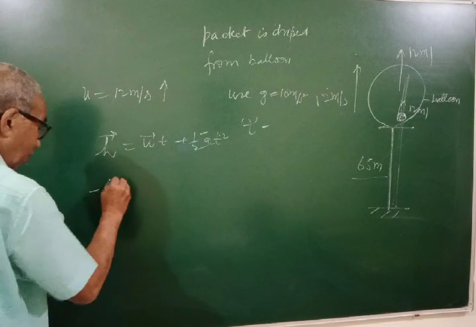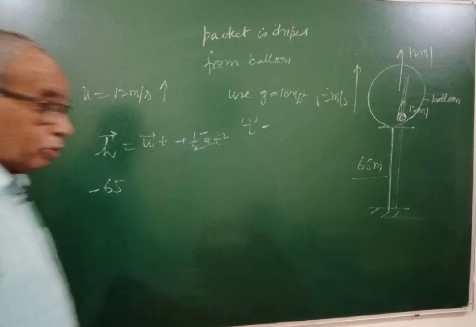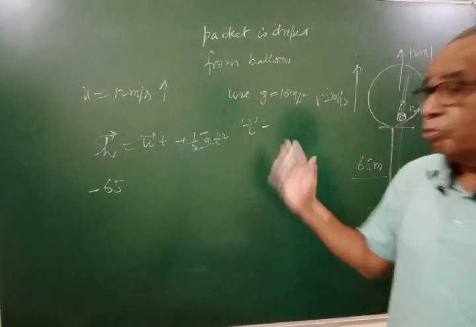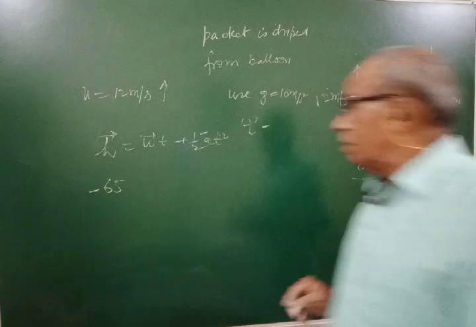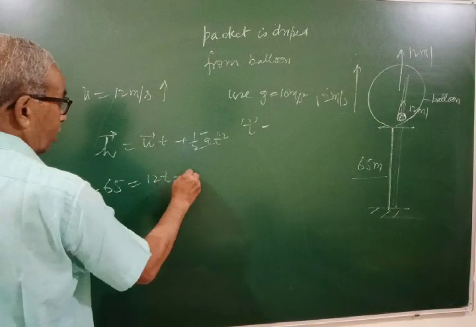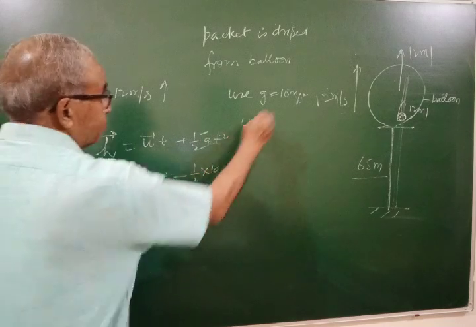Here h is minus 65. Now the displacement is known to us. I told you that known values should be put with proper sign. The unknown value will get its sign itself. u is 12, t you have to find out, minus half g, 10,